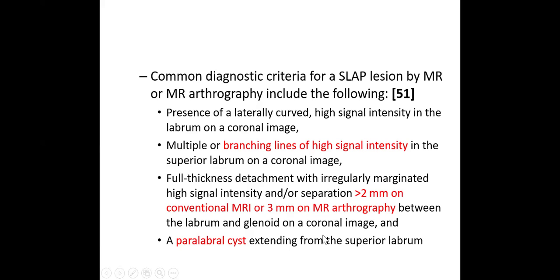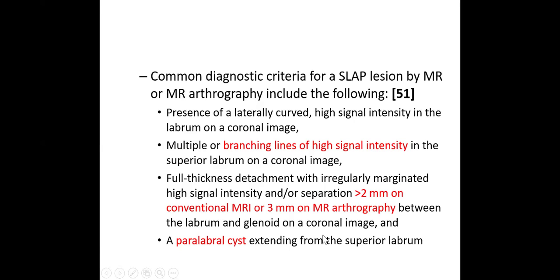अब अगर SLAP lesion मौजूद है और इस पर MR की जाती है, तो what are the different characteristics जो एक MR report में आ जाएंगी? What is the diagnostic criteria for the SLAP lesion? कौन कौन सी ऐसी characteristics features हैं MR में जिसके बाद radiologist decide करेगा कि patient is having SLAP lesion।